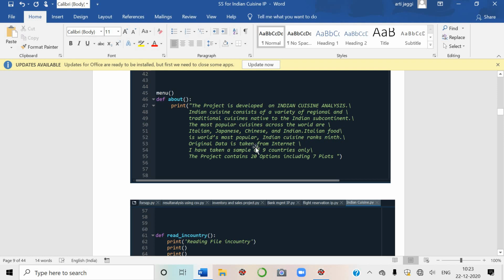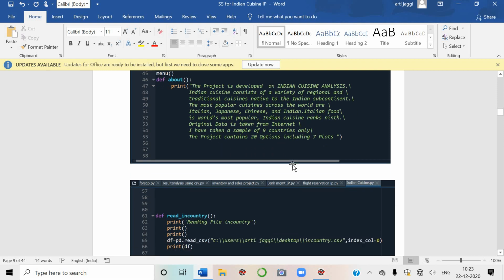Italian food is the world's most popular. Indian cuisine ranks 9th. This is the actual data I have taken from the internet. I have taken a sample of 9 countries only. You can find 23 or 28 countries on the internet. You can add more countries in your CSV files, but I have taken only 9 because 9th is India. The project contains 20 options including 7 plots.